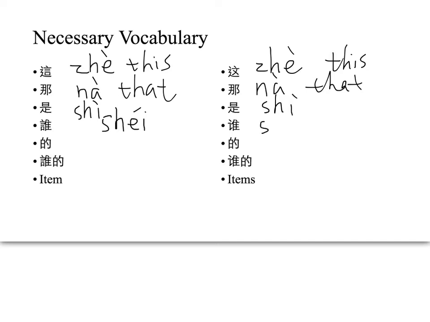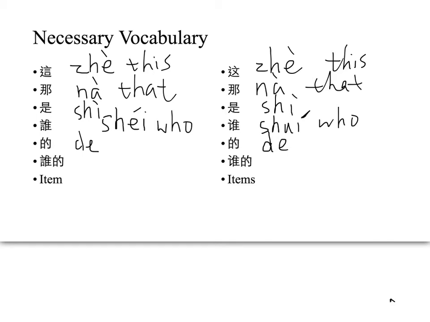And if you're using the simplified character, it's easier to find the character by typing shui, second tone. 谁是 who 的意思，who 的意思。